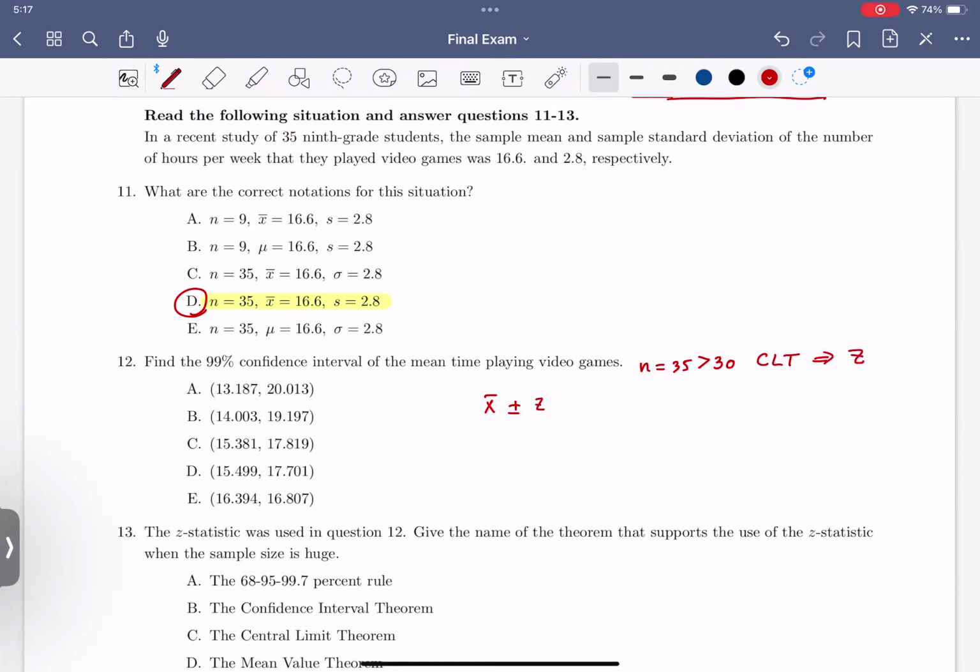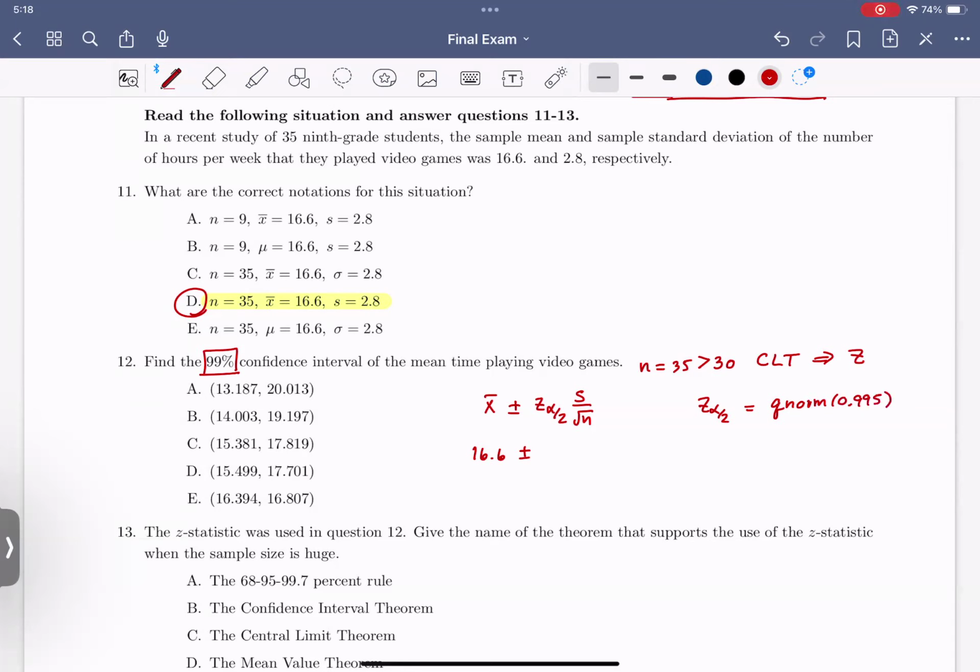That means you're going to use x bar plus or minus C alpha over 2 times S over square root n. You don't know sigma, but you can estimate it by S. So it's going to be 16.6 plus or minus C alpha over 2. In this case, because we use a 99% confidence interval, C alpha over 2 is going to be qnorm